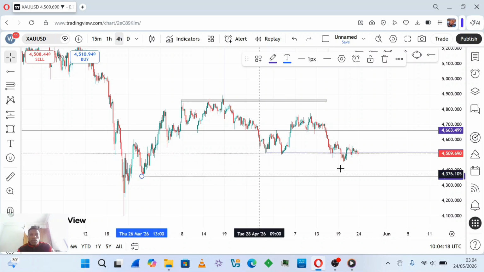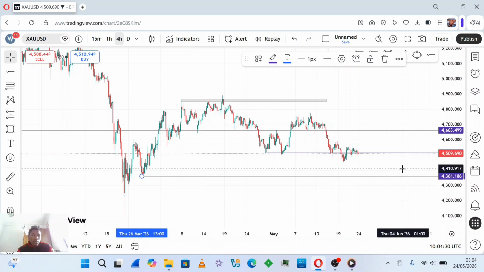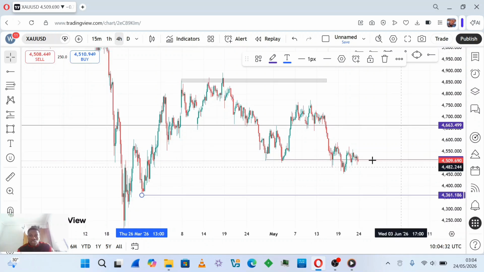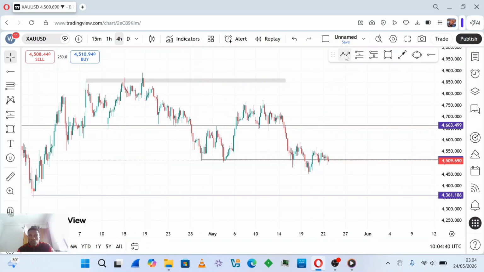but price has ended up breaking below this level. Now, this is another indication of sellers. All I'm waiting for is a correction. Now, we have already seen the correction, and this is the indication, then the correction. I'm waiting for price to